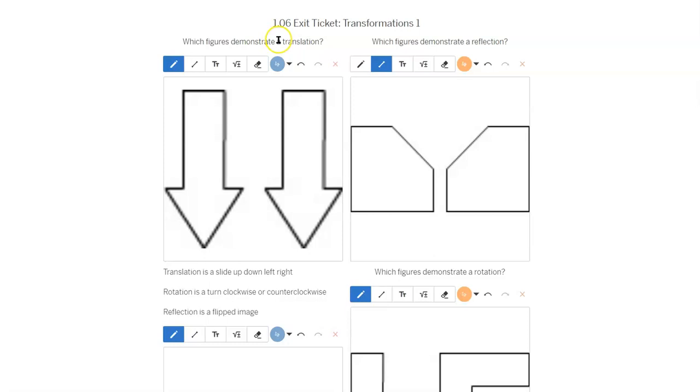Which figure demonstrates translation? Notice my images are different than your images in your exit ticket, so pay close attention. Translation is a slide. That means that the image just moved left, right, up, or down. So for example, this one moved